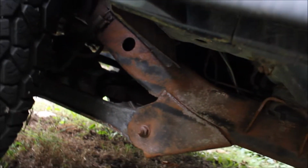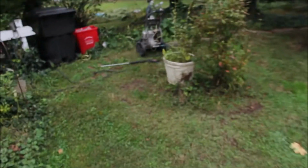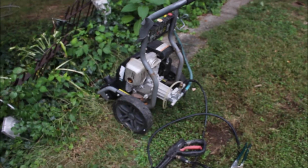We got pretty much a lot of this done the other day, to the point where it'll be ready to just get sprayed. I have to get underneath everything, which is what I'm going to do today. Before any of that, I got to move this Eclipse over here because I've got the pressure washer out, and I'm going to use that to first spray everything down, and then I'll go under with that